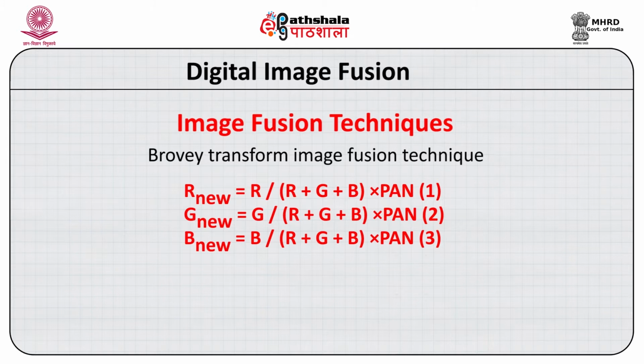Many researchers use the BT to fuse an RGB image with a high resolution image. The BT image fusion is used to combine Landsat TM and radar images. It also gives an improved image when a SPOT image is fused with a pan image.